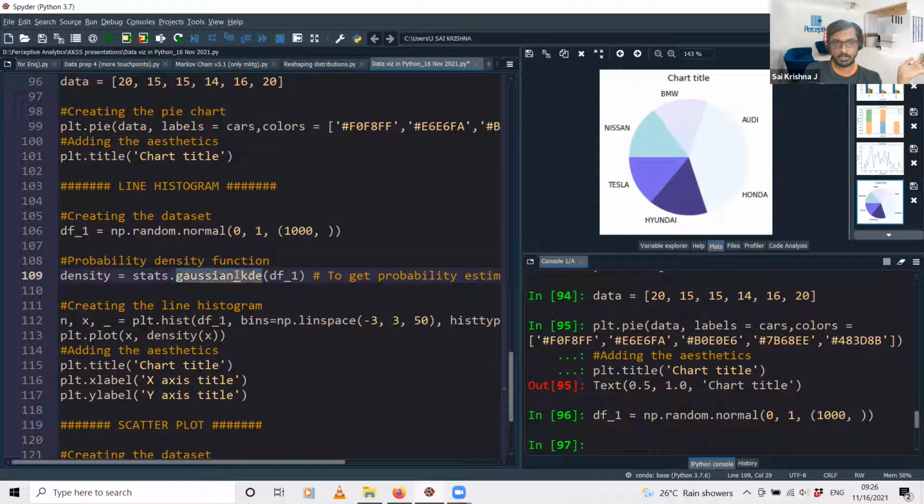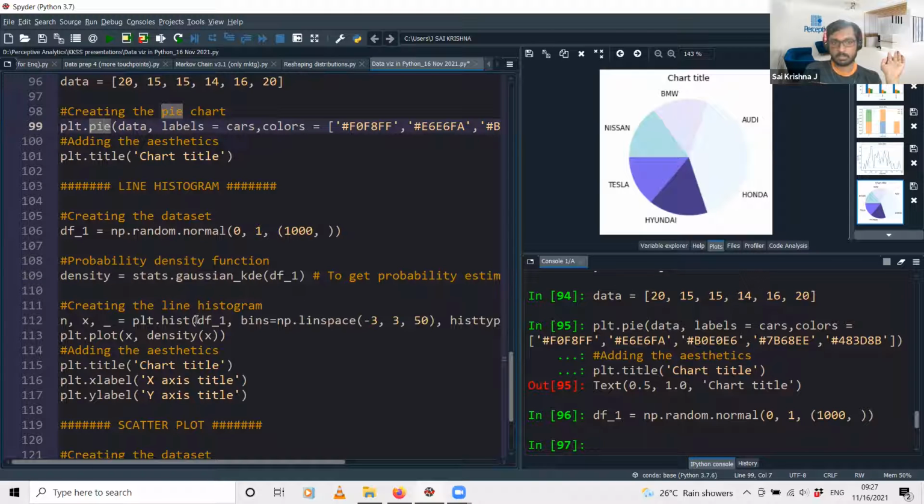This number we need in order to generate that histogram in Python, which is why we use this function. We will create this histogram using the function called hist. Just see what we have covered until now. For creating a bar chart, we use the function bar. For creating a pie chart, we use the function pie. For creating a histogram, we are using the function hist. If you don't specify anything and just give plot, then it will plot a line chart by default.